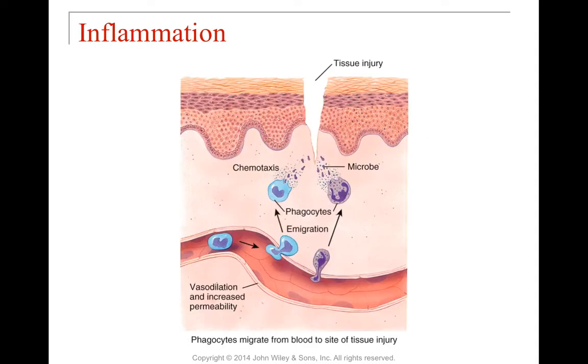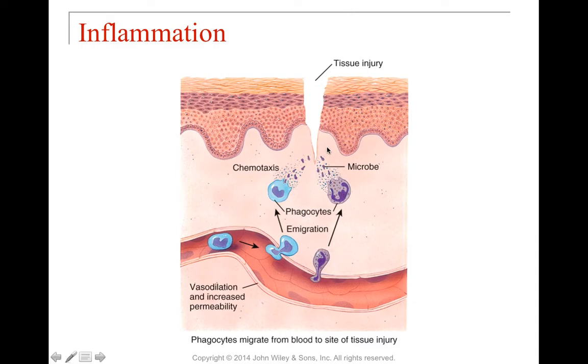Now, this is the process of inflammation. Inflammation relies on a couple of things. One, we have to have chemotaxis. Basically, that's going to be something released by the microbe that's going to call the phagocytes over. We're also going to have vasodilation and permeability of the vasculature. All of this is going to happen by particular molecules, we'll talk about that in a minute, in response to